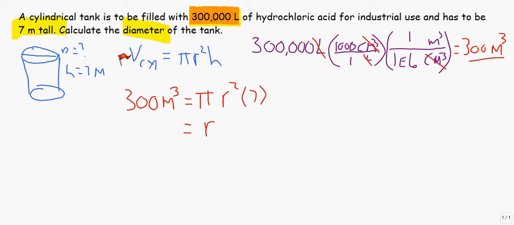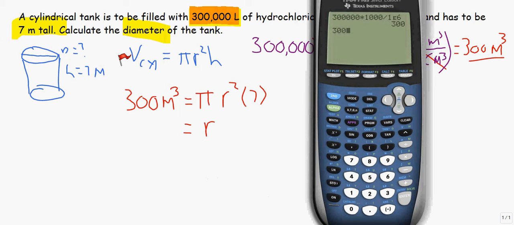I need to divide by pi. I'm sure there's a pi button on here somewhere. There it is. Divide by pi. I need to divide by the 7. And now I have to take the square root, which is the same thing as raising to the 1/2 power. And I get a radius of 3.69